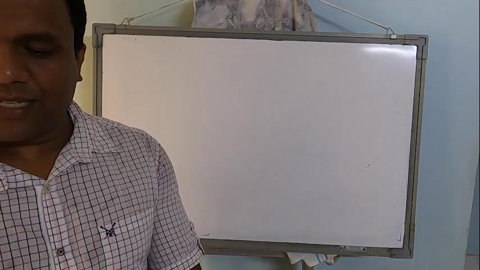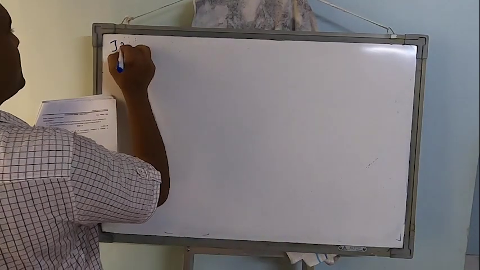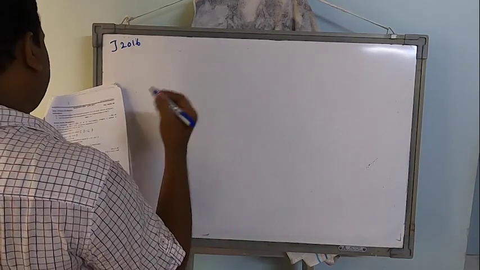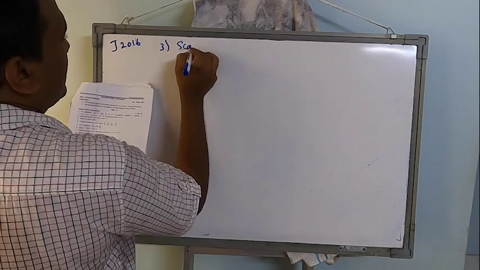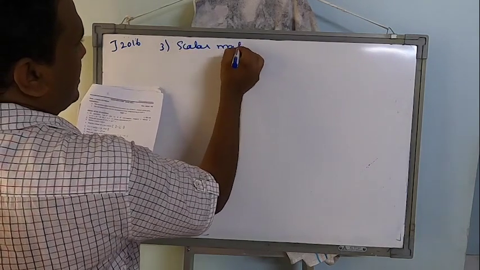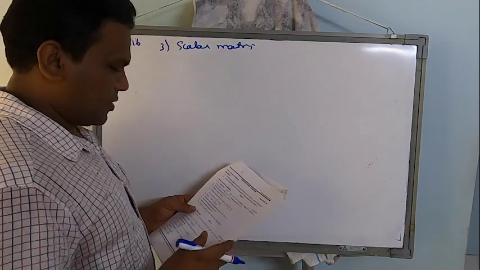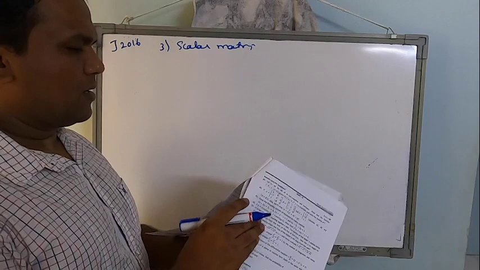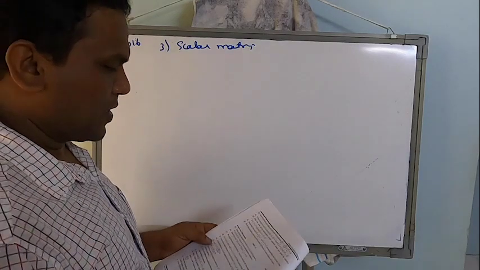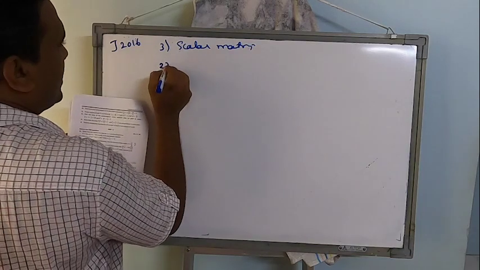So let's go to the next year paper, that is June 2016. June 2016, that's a supplementary paper. So problem number 3, define a scalar matrix. It's almost fixed every year. So nothing to explain once again. You know there are 2 definitions, so just try to remember those two. And in the 3-mark section, this set, that's for 27.